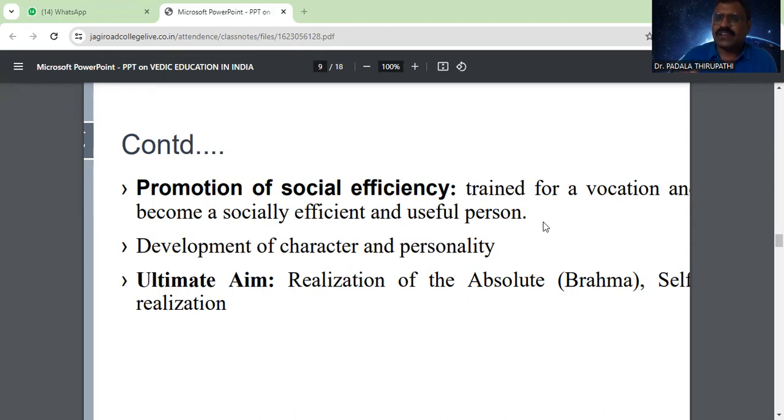So my dear friends, our behavior and attitude play a major role in society. It is the reflection of our actions, our interactions, our behavior, our mannerisms. That shows our character and personality. So development of good character and personality is one of the most important aims of basic education, even in the present day. And the ultimate aim of Vedic education,